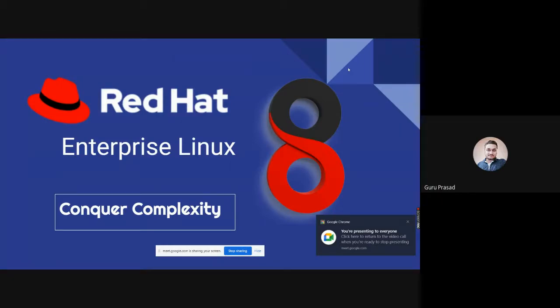So, guys, I will tell you the agenda of today, what we will be seeing in our first class. All of you are more or less from a technical background. Some of you have no experience in Linux. That is totally fine. We will be seeing everything of Linux from the very scratch in our classes. I'll be explaining all the concepts of Linux, and inside Linux what Red Hat Academy is providing for certification. What are all the books available? All the books or soft copies of the books will be provided to you, and the video recording classes as well. And also, in how many parts the Linux